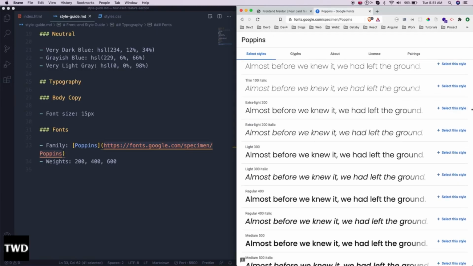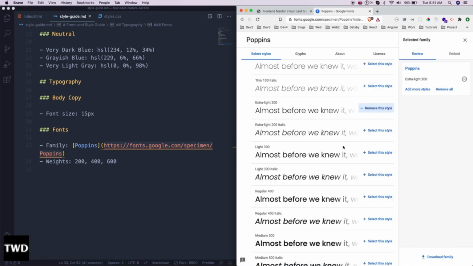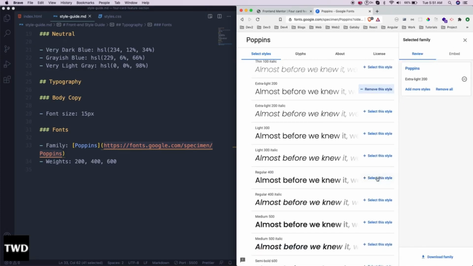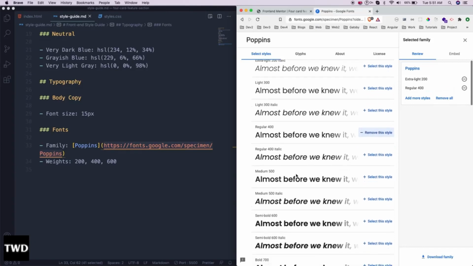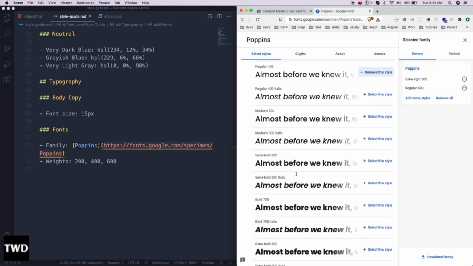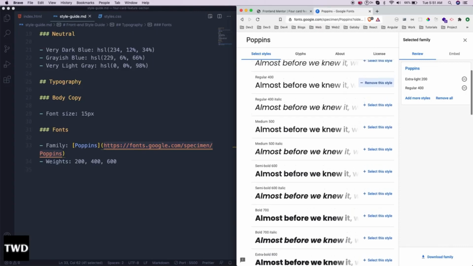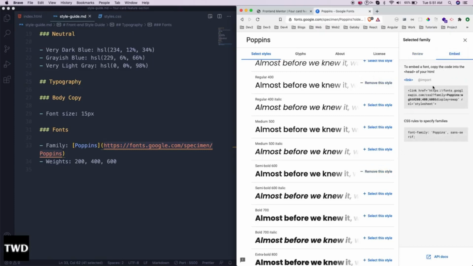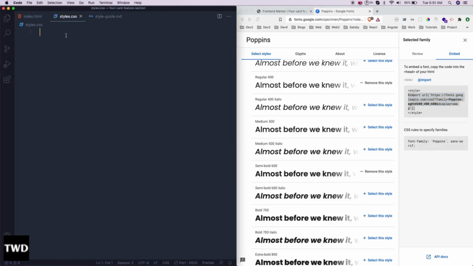I don't want the italic one, so 200, 400 again I want the regular one. They have not mentioned that, but we should know this much, and they want the 600 one. So 600 one is semi bold, this one. And now how to get it? Go to embed. We don't want the link, we want the import, because we are going to use this in the CSS file. So this is the way to use a Google font. So let me go here, let me update it,